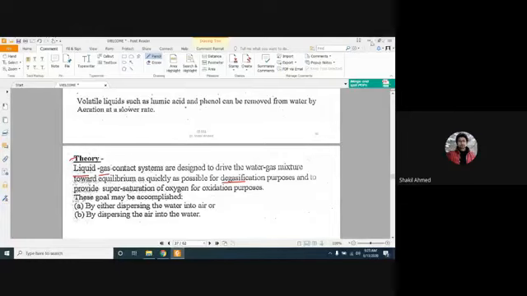That means what? Liquid gas contact systems are designed to drive the water gas mixture toward equilibrium as quickly as possible for degasification purposes. That means